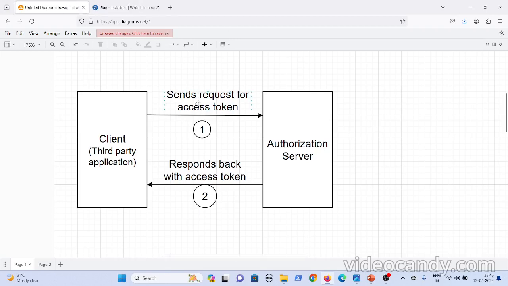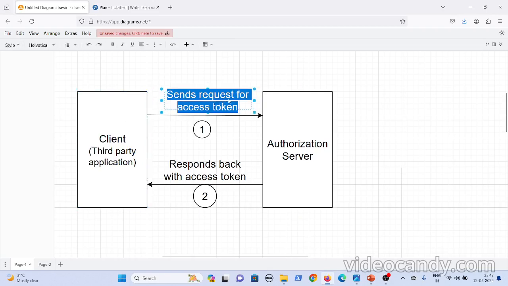Because here, if any hacker or any malicious application is involved, the authorization server will redirect to whatever callback URL you specified during registration, and to that callback URL it will add the access token, right?